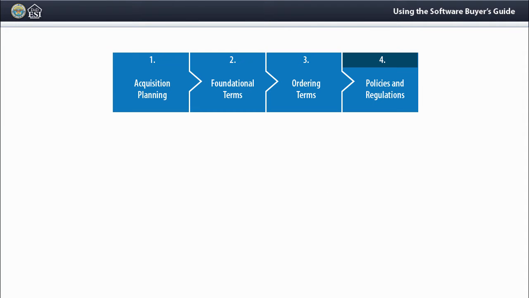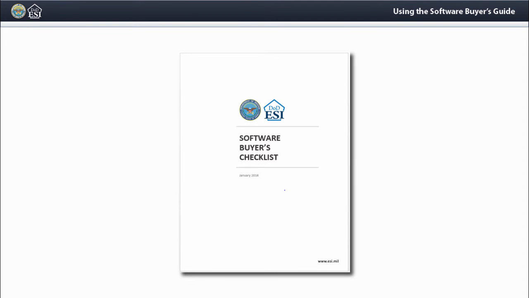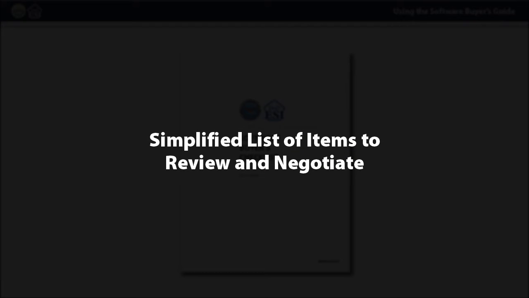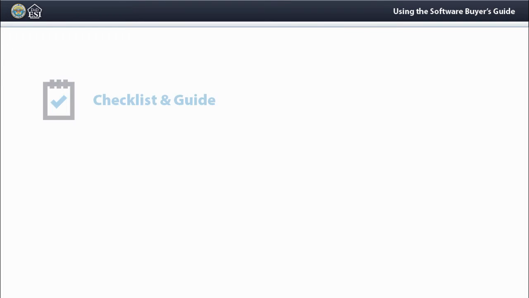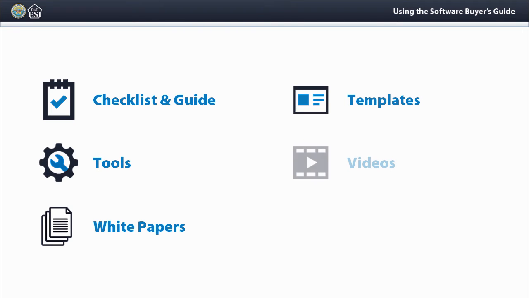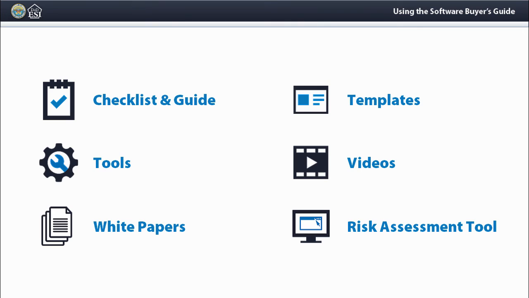Section 4 is a summary of relevant federal and DoD policies and regulations that should be consulted when buying commercial software. For those situations where time is constrained or you merely need a refresher in the methods to evaluate a software license agreement, the Software Buyer's Checklist offers a simplified list of items to review and negotiate when acquiring commercial software. The checklist, the guide, and many more tools, white papers, templates, videos, and a comprehensive software license risk assessment tool are available on the ESI website,